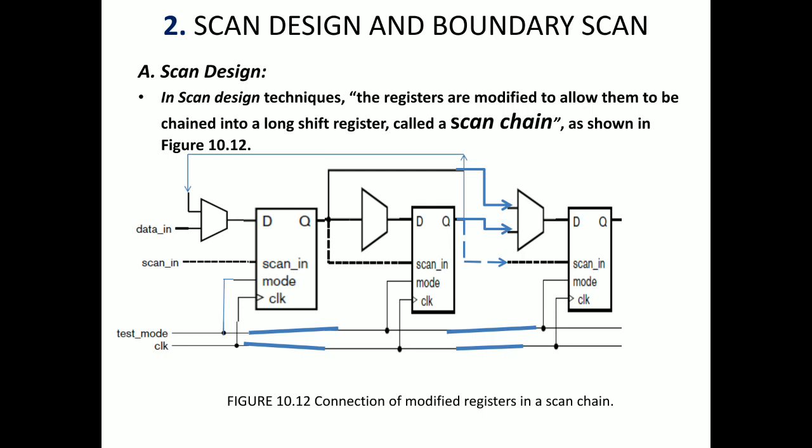Furthermore, the chain of registers allows us to control and observe the combination blocks between registers. We can test each combination block separately with this. This process consists of shifting test values into the register chain until the test vector of each block reaches the input registers for that block. We pass the test vectors from the first registers to the next registers, shifting the test values from register to register, and we are comparing.